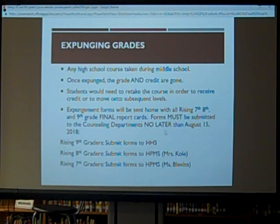And then for the most part, you're going to be repeating that class. Sometimes somebody might take, let's say, French in 7th grade, and they do poorly, and then they say, I don't really want to even take French again. So then they start out with a different language in 8th grade. But for the most part, you're going to be repeating it because you've got that foundation, and you will go on